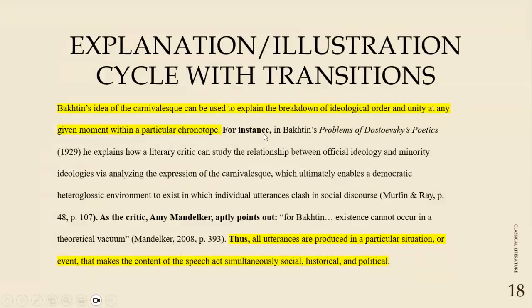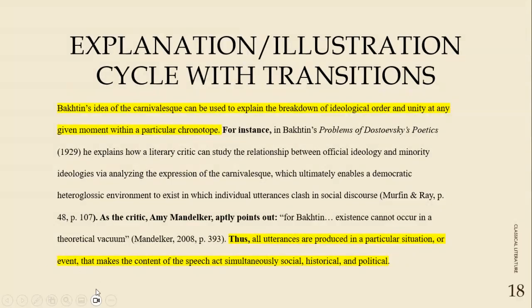Here's a nice little transitional statement that builds context. A for instance, that builds context. And it's also a nice way to add outside research. And then you can get to your illustration, explanation. So here's another one that builds more evidence. And then when you have your concluding statement, so you have a bump, you have a set, and then you have a spike. Thus, boom, you lay it on the readers there,